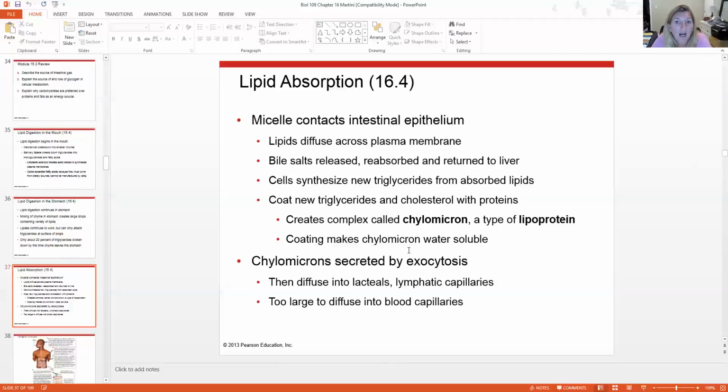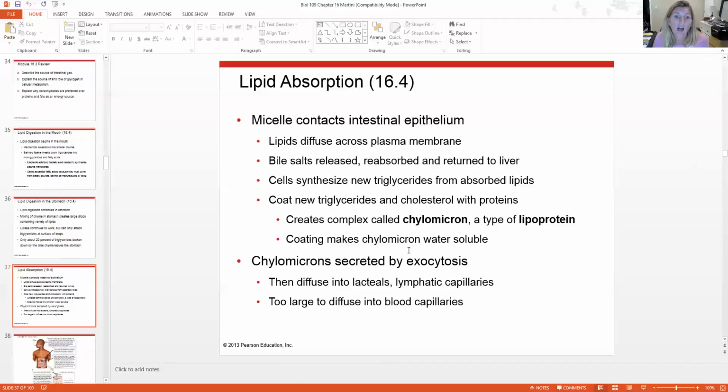Either way, basically the mixing of the lipid or fatty acid with bile will create something called a micelle. A micelle contacts the epithelium and will allow the lipids to diffuse across the membrane. The bile salts can then be reabsorbed and returned back to the liver, and the cells can synthesize new triglycerides from the absorbed lipids. So the lipids come in, and then the cells can repackage them and use them for